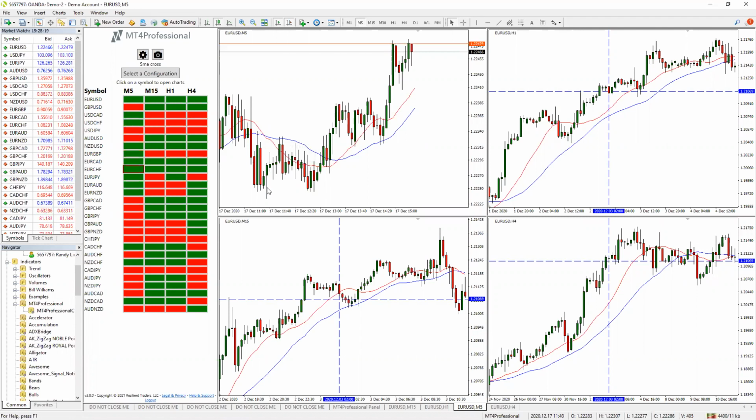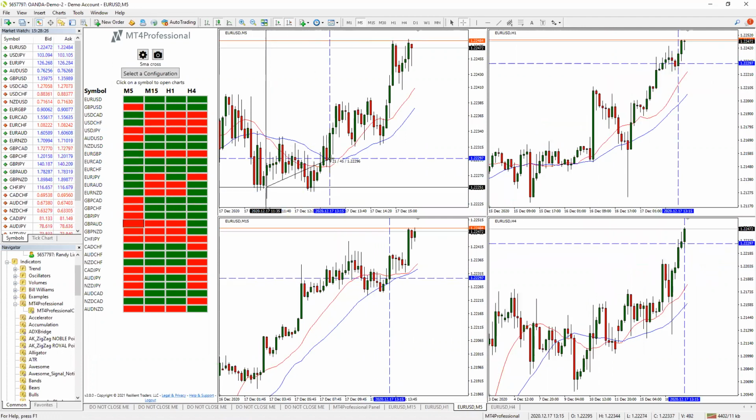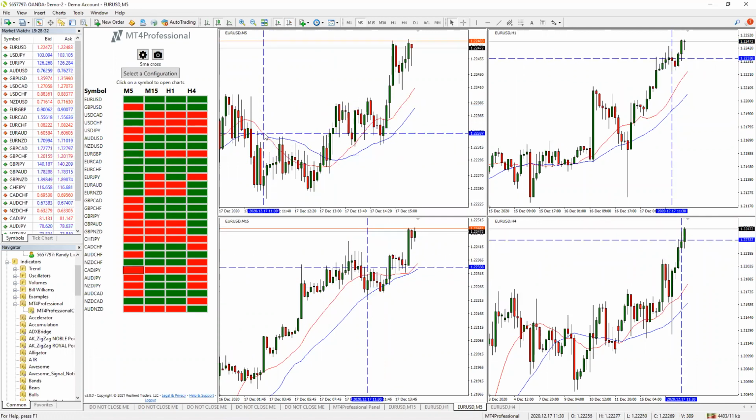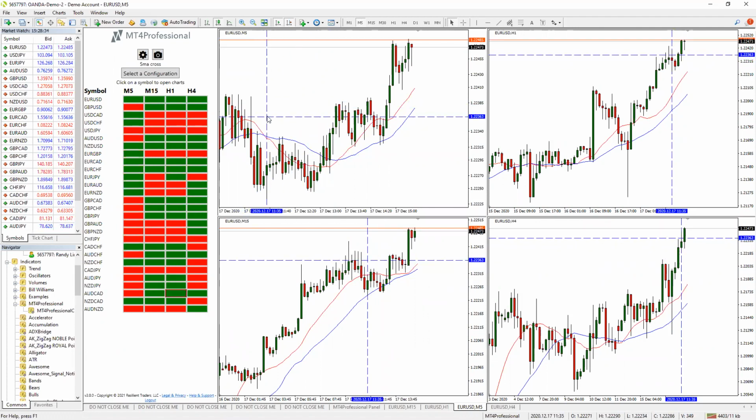Now, would you have taken this short trade? Getting in at this point, you can see that if you had taken this trade, that would have resulted in a really nice loss. However, if you're using multiple time frames, you can see from the 5-minute, right at this point here, where you would have taken this trade, look at the 15-minute. The 15-minute is in a long trend. The 30-minute, 60-minute is a long trend. The 4-hour, long trend. Why would I be taking a short against those trades? I wouldn't. But at this point,